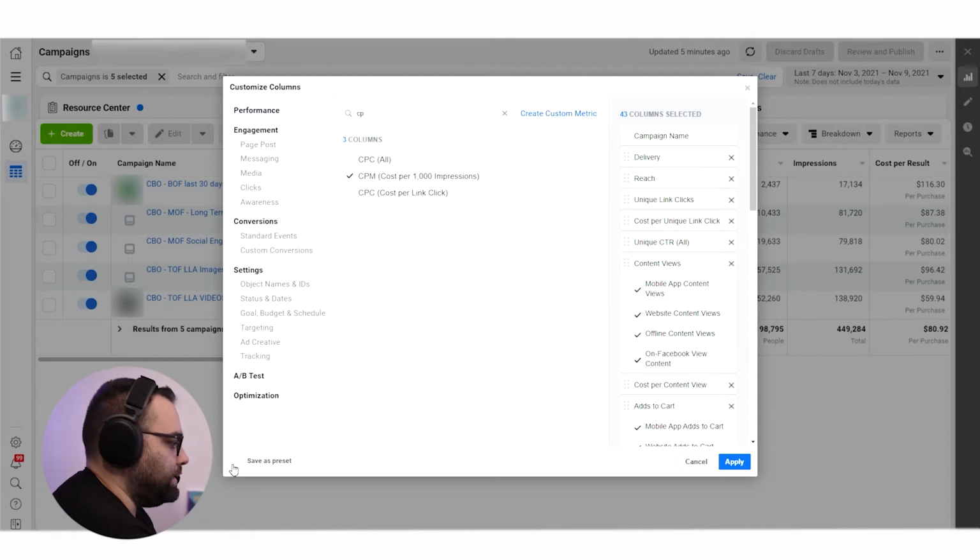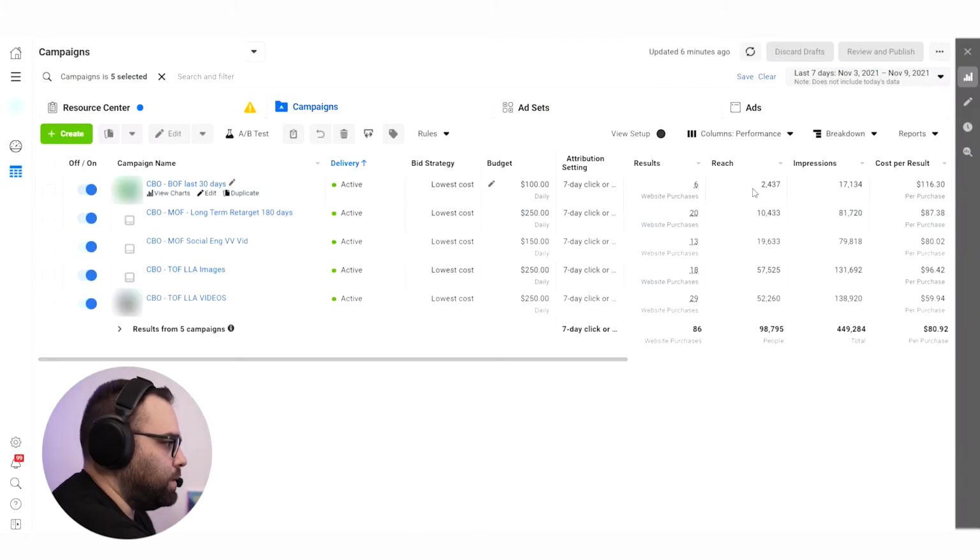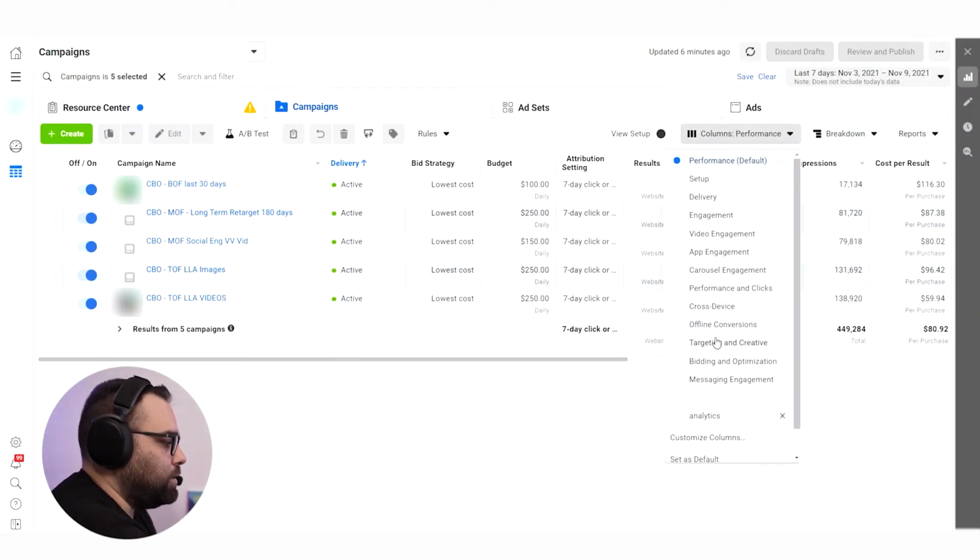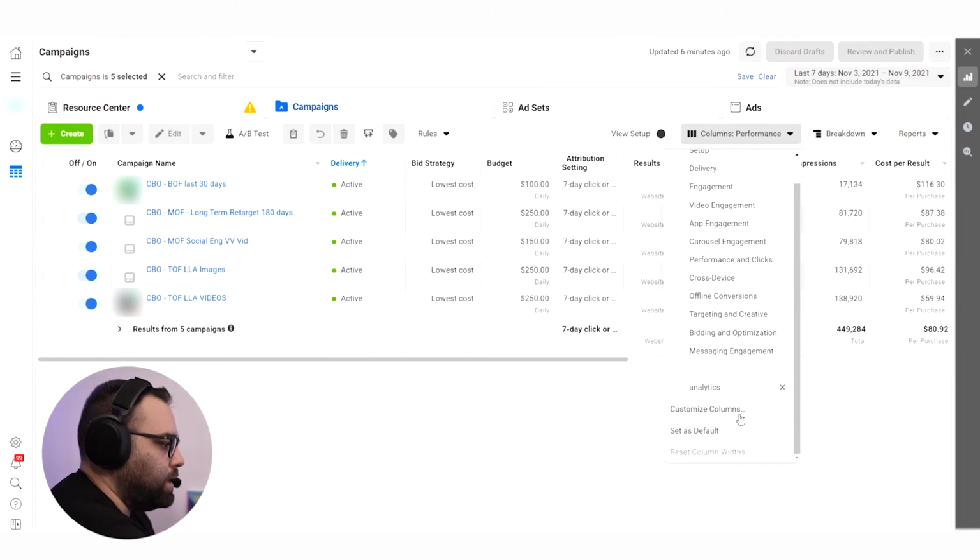Then we click here, save as preset. If you just apply it and you don't save it, then you will have to do this again and again and again. And we type the name that we want. I have already one, which I like to name analytics. You can name it however you want. So the moment you save it with your name, and then you log into the ad account again, you will be able to see it here. Okay. So here we have the one which is called analytics.